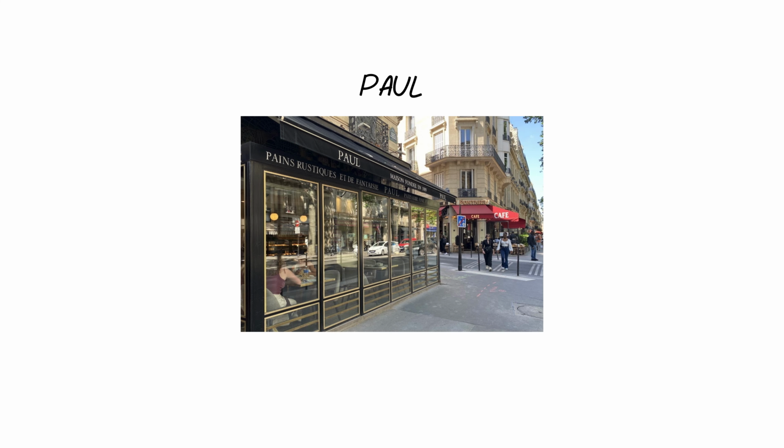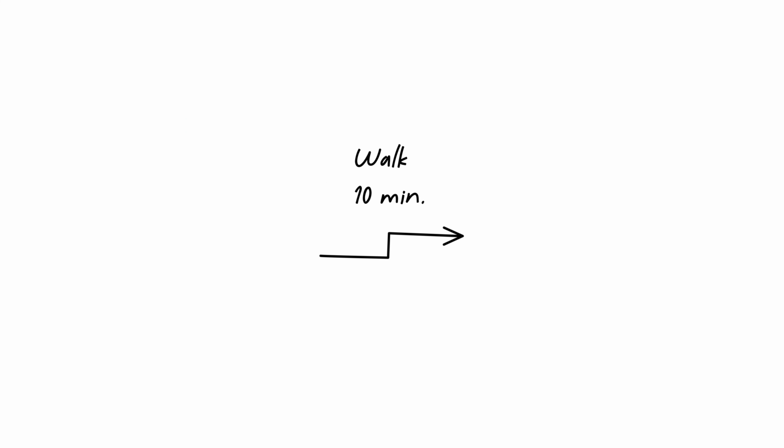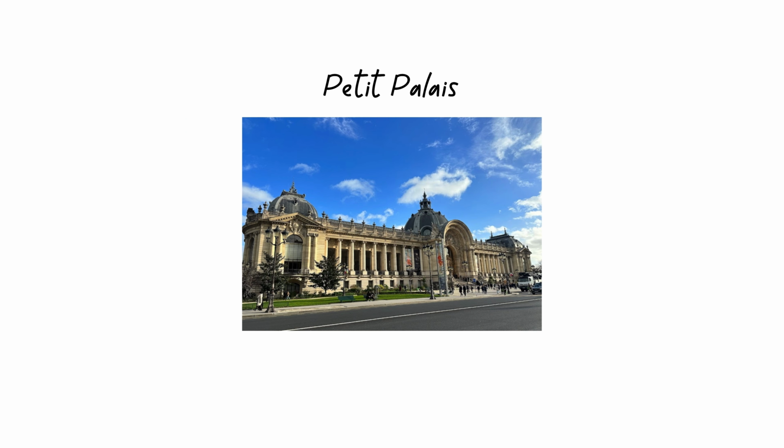Day 3. Get your breakfast at Paul Bakery and Cafe. It's a well-known chain in Paris with a lot of options to choose from. Here's your potential order. Next, go to the Petit Palais, a fine arts museum built for the Universal Exhibition of